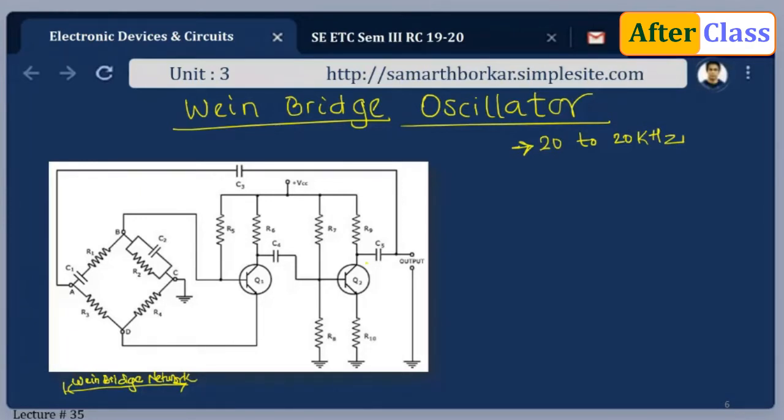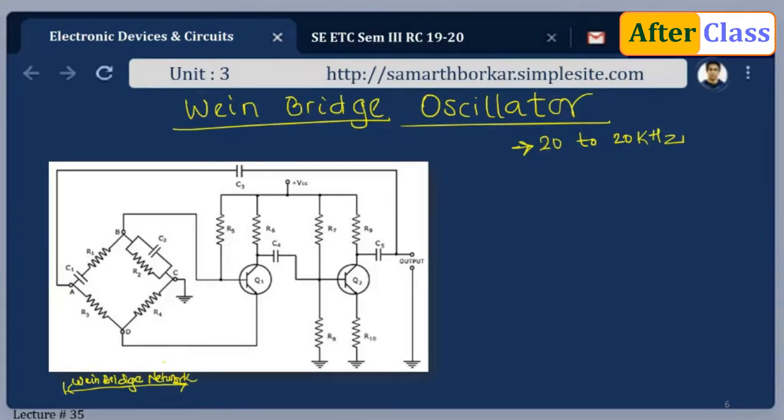Now, if you look at this particular circuit, this type of oscillator is very simple in design. It is compact in size. There are no transformers, there are no inductors. Whenever you have an inductor or a transformer, it occupies space because of its bulkiness. Here it is compact in size, and because of that Wien bridge network, you are going to have a remarkably stable frequency output. We'll discuss this. Secondly, its output is relatively free of distortion and its frequency can be easily varied.